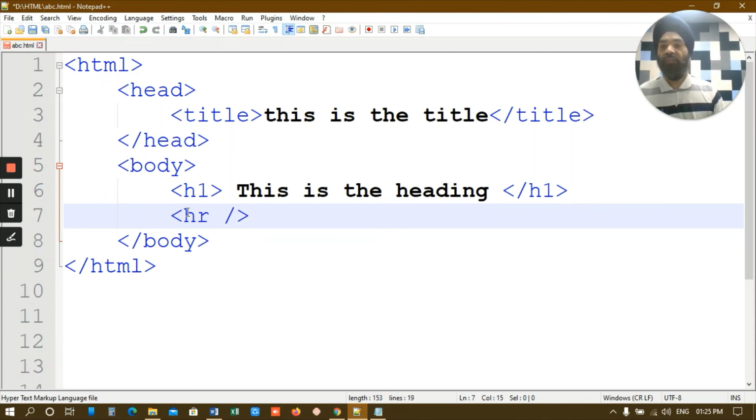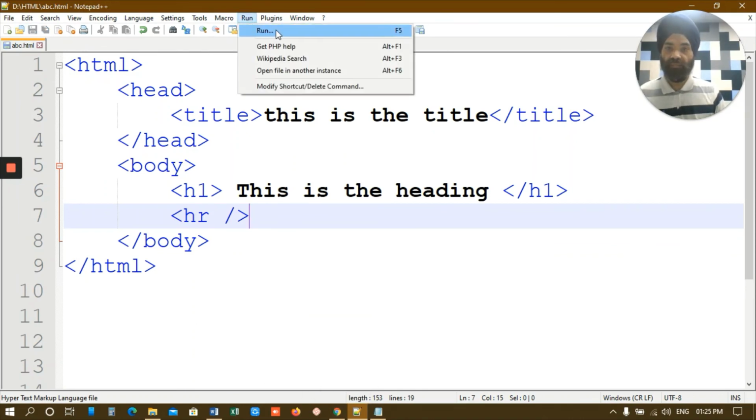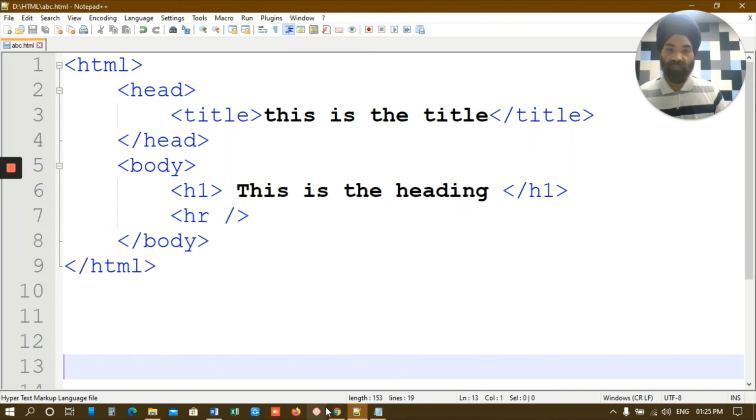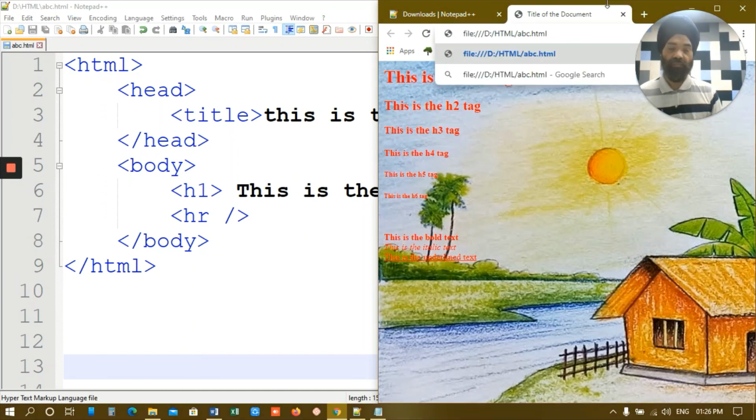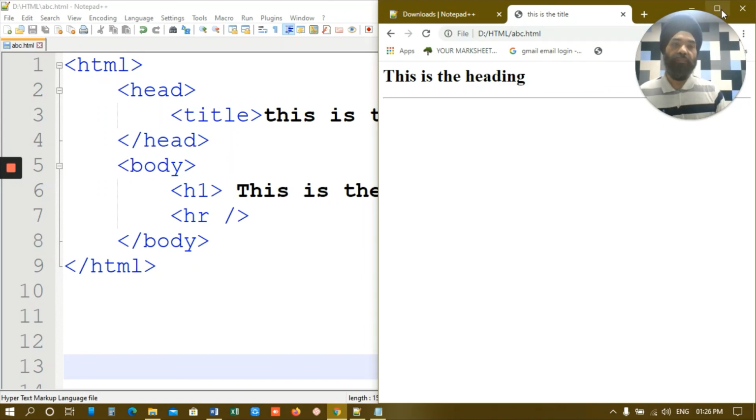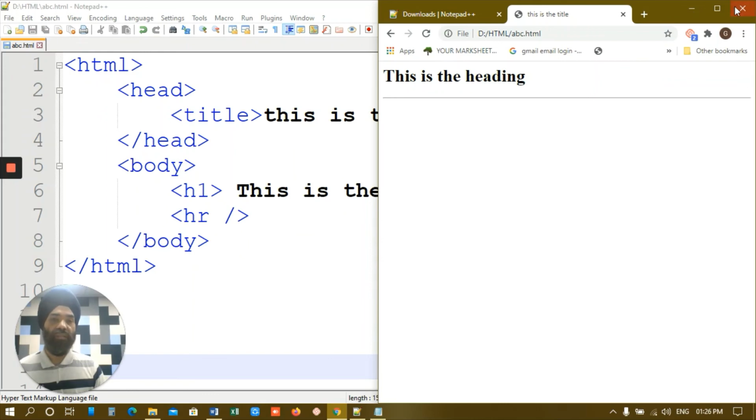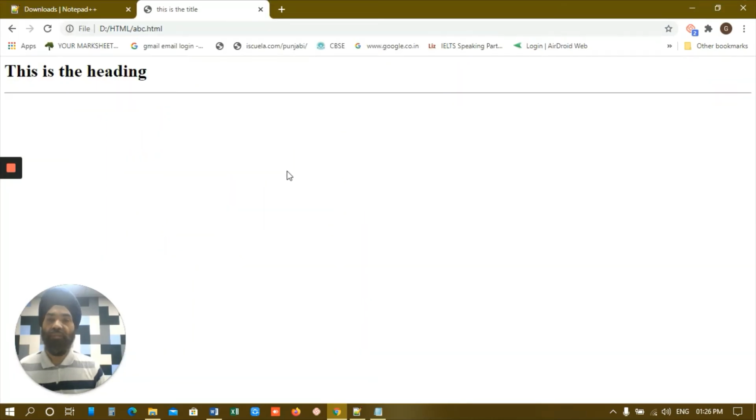Okay, so let's do only this much. We have saved it and let's run it. Let's run it here. See how we have got our heading. So this is the heading, and if I just maximize it,